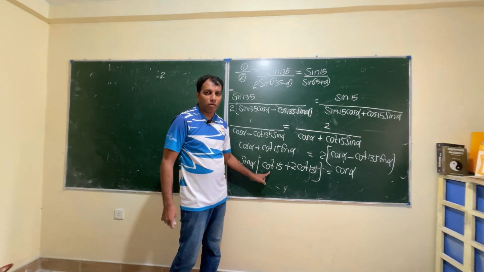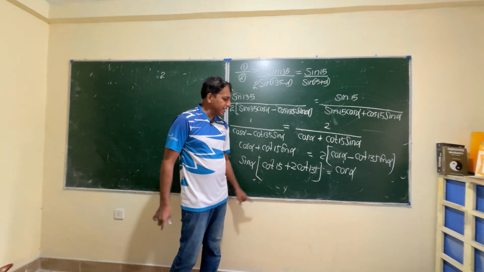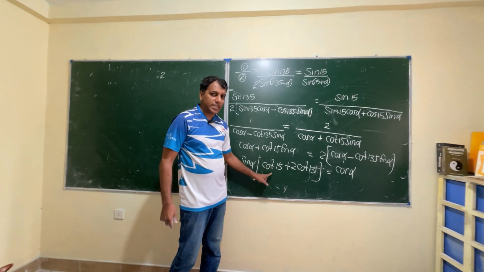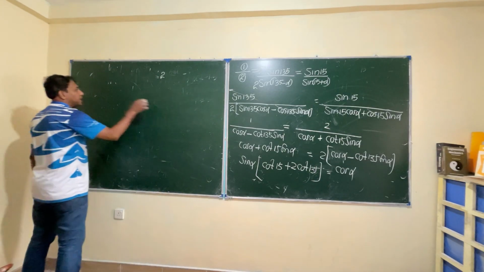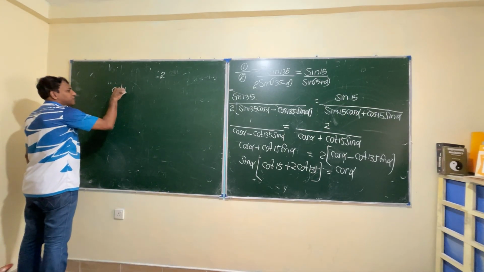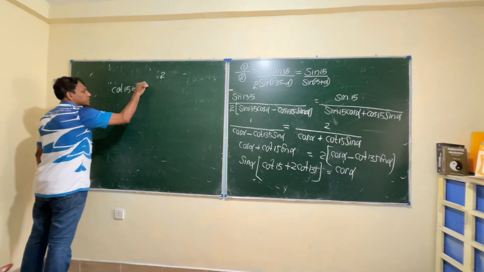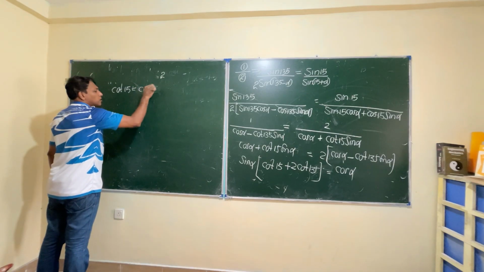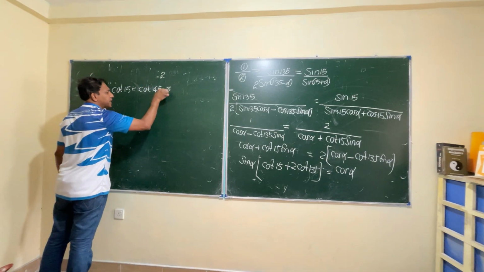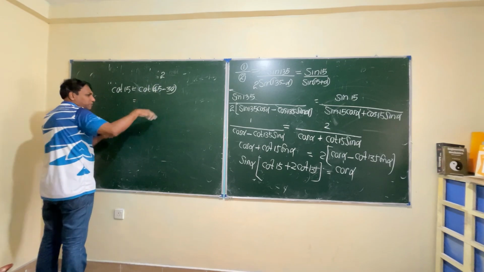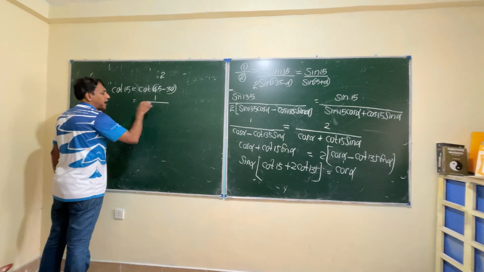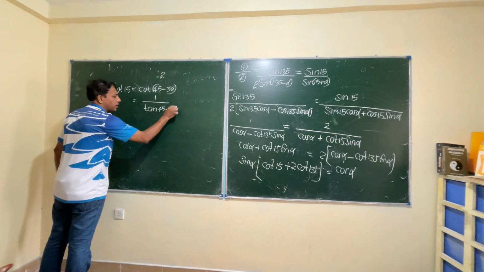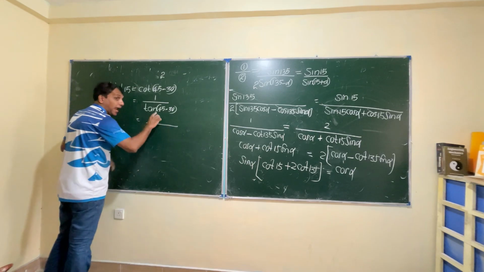You can see there's homework we can do in parallel. In the exam centre we might miss the cot 15 value at most. Therefore I try to use the first principle. Let's pause the cot 15 and look at this. Cot 15 degrees, cot 45 minus 30, right? Actually to make it easier, 1 over tan 45 minus 30, right? So if you know the expansion of tan A minus B,